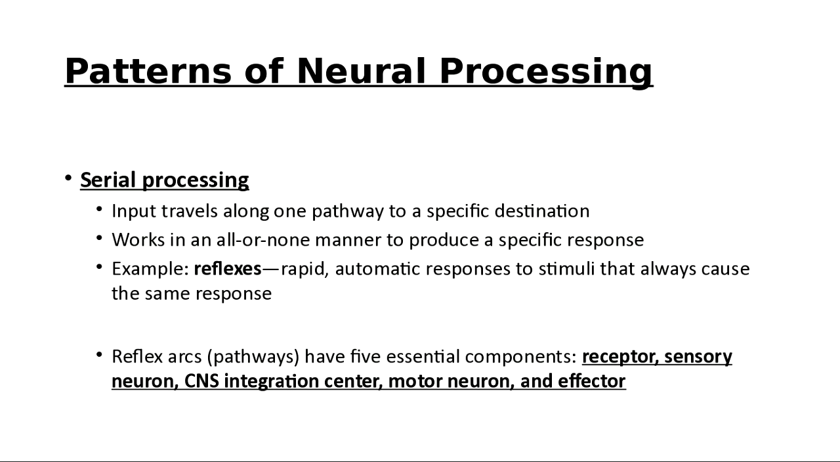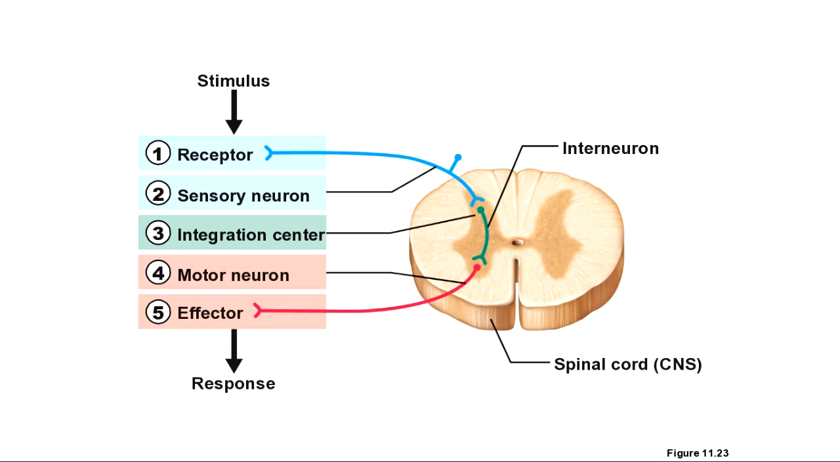Now we have patterns of neural processing. Serial processing, it either happens or it doesn't. Input travels along one pathway to a specific destination and you get a specific response. Reflexes are the perfect example. And you have 5 essential components to a reflex arc: receptor, sensory neuron, central nervous system integration center, motor neuron, and effector. So as you look at this picture,